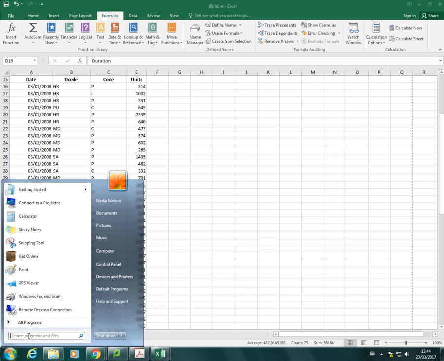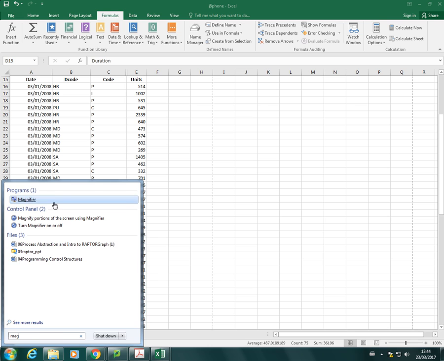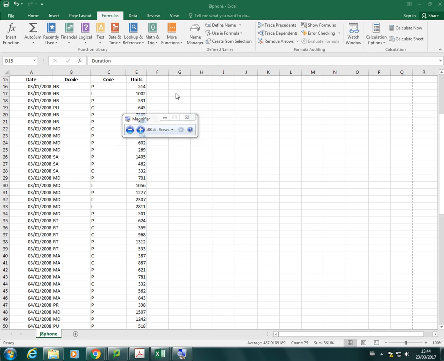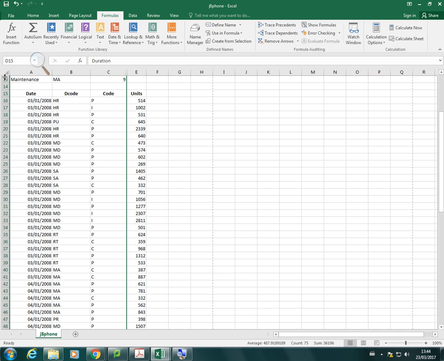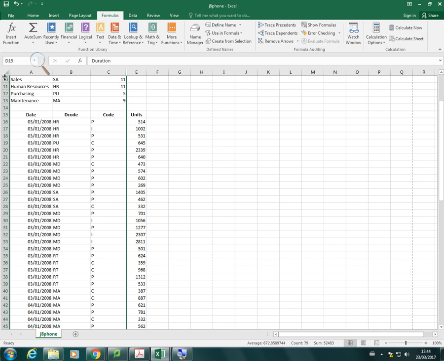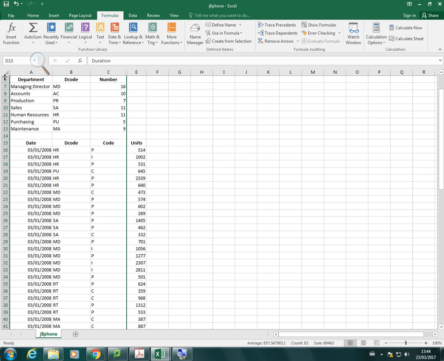I'll just magnify the screen actually so you can see this really clearly. Okay, so if I go up here, and you'll see that black cross, it becomes like a double-ended arrow with a white line in the middle. That's showing me if I double click, that will start to bring back all the hidden rows,